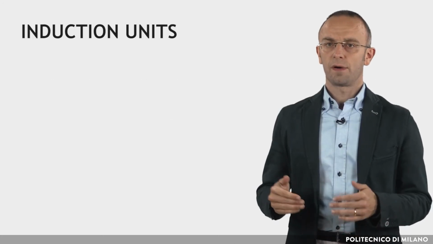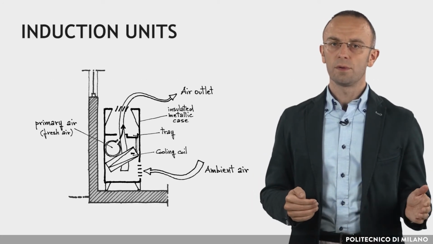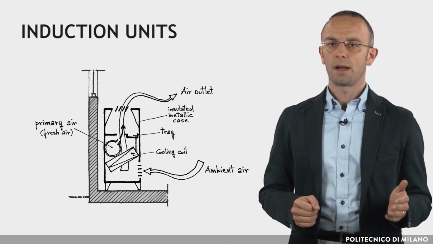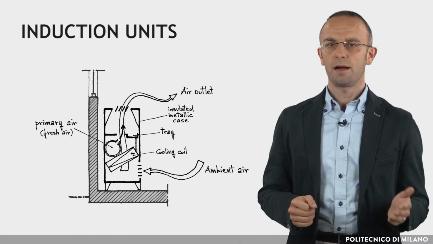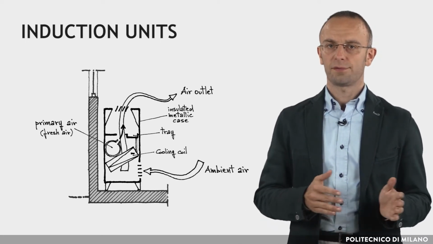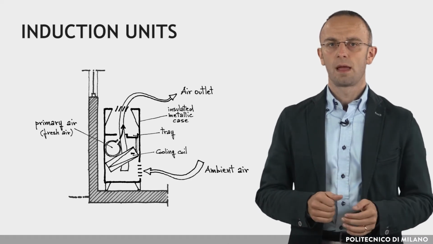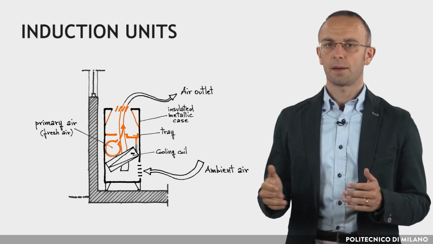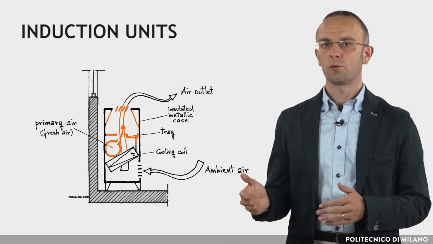As opposed to fan coils, induction terminal units have no fans. Air movement in the terminal unit is induced by high-pressure air, called primary air, that comes from a central air-handling unit. The primary air is passed through an array of nozzles in the terminal unit that create a Venturi effect, or vacuum.